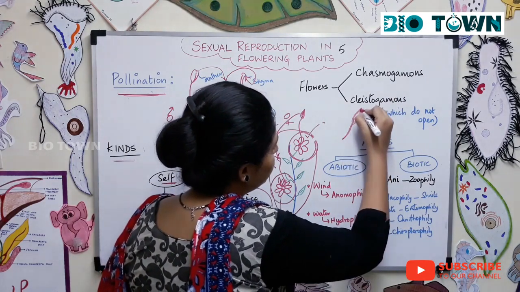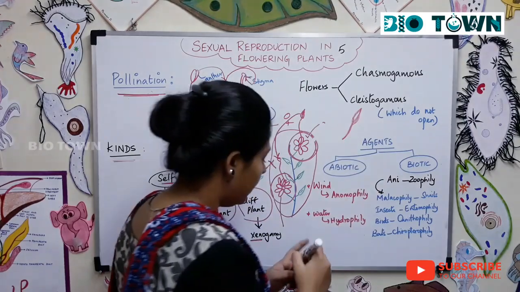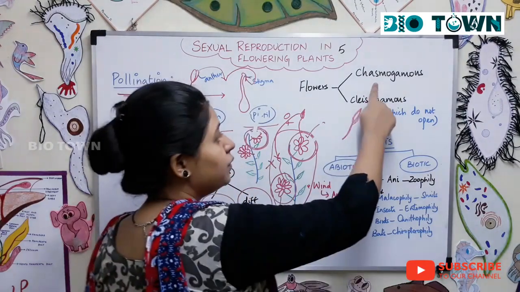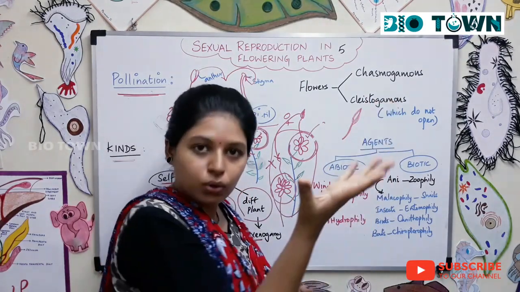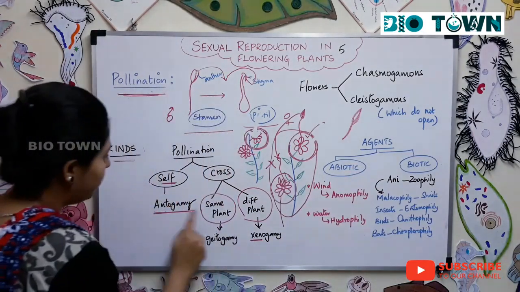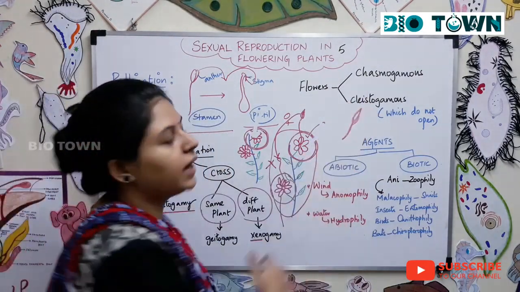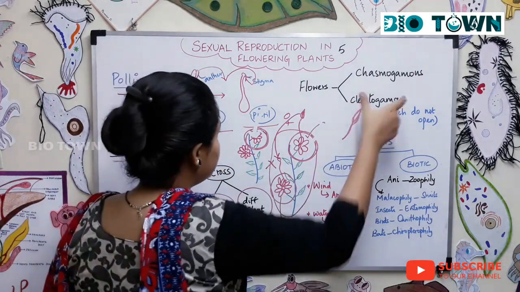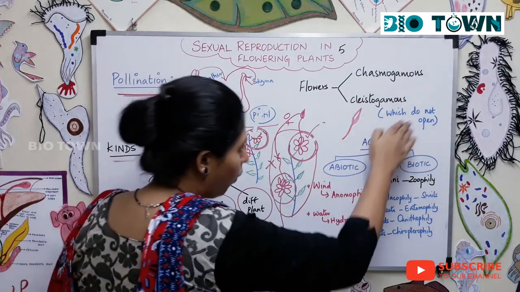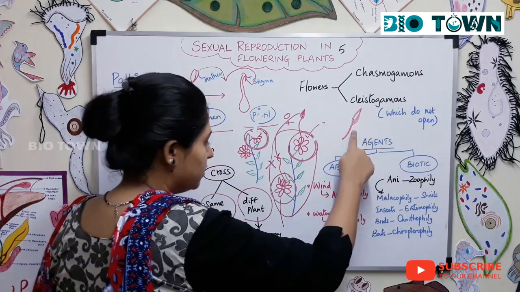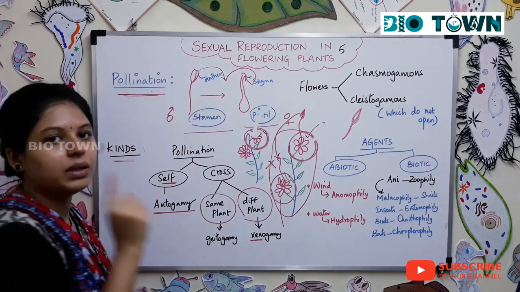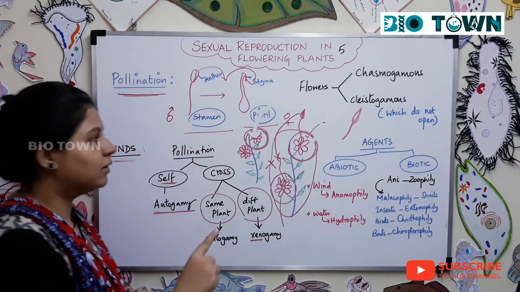Right? The flower hasn't bloomed. This is a bud. Now what exactly happens? But in the case of a chasmogamous flower, it is a bloomed flower. So any type of pollination is possible in a chasmogamous flower. But in a cleistogamous flower, which does not open, there is a possibility of autogamy alone, which is the anther, the